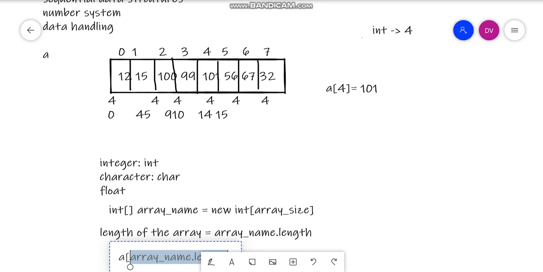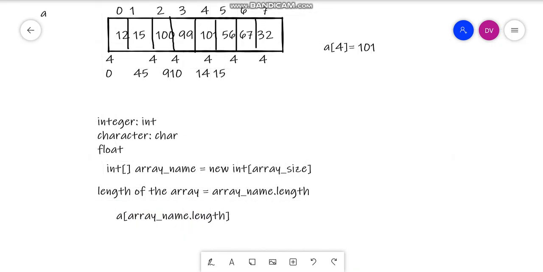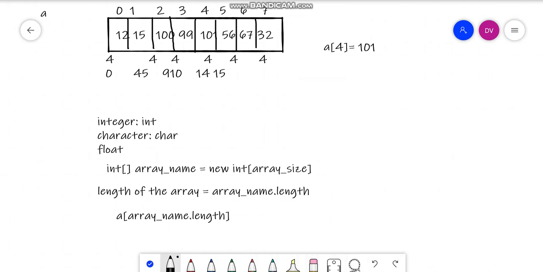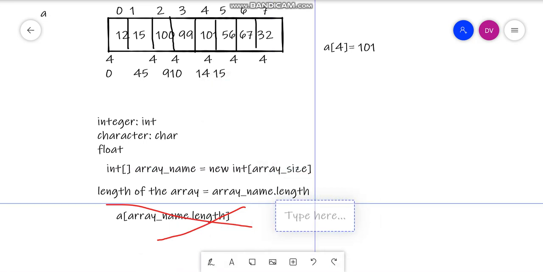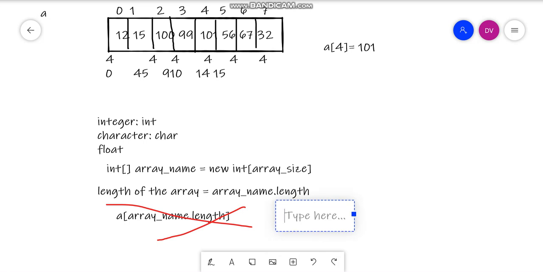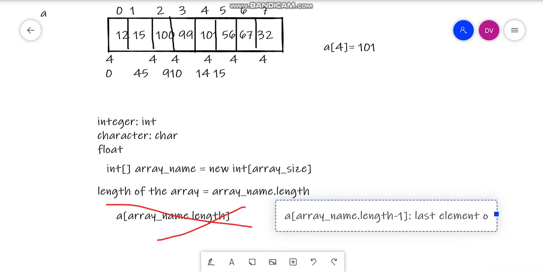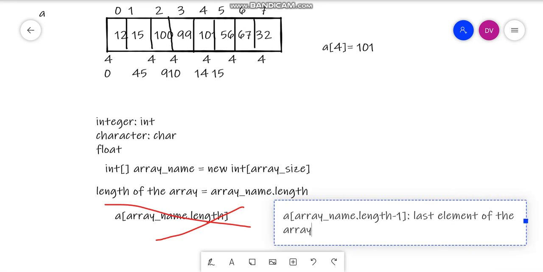Because we are starting with zero index, we cannot take this; it would be considered an absolutely wrong statement. If we want the last element and we don't know the index, we can take array name dot length minus 1. This is how to get the last element of the array.